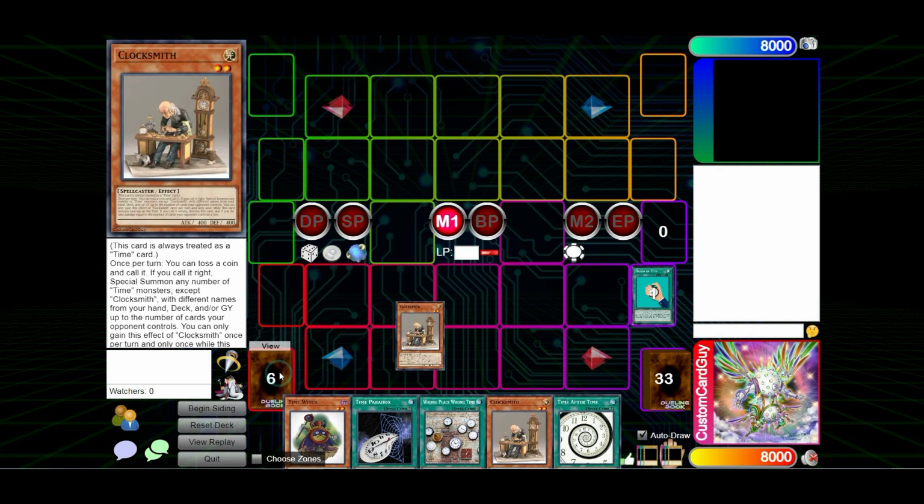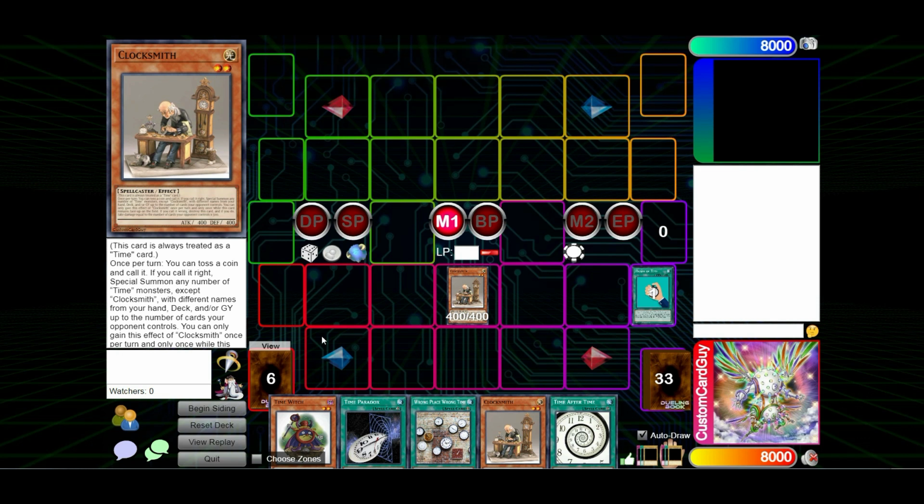Clocksmith is one of the best openings that the deck has, because when you activate its effect, you flip a coin, and if you call it right, you can special summon time monsters from your hand, deck, or graveyard up to the number of cards that your opponent controls. Of course, if you're going first, your opponent doesn't have anything typically, but that's where a card like Wrong Place, Wrong Time comes in handy,